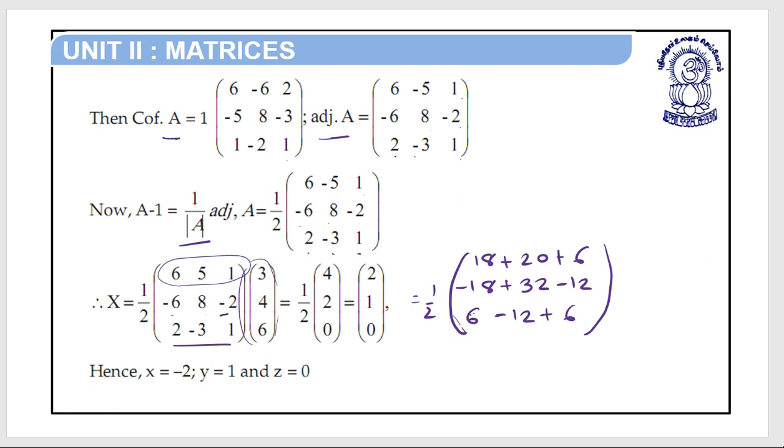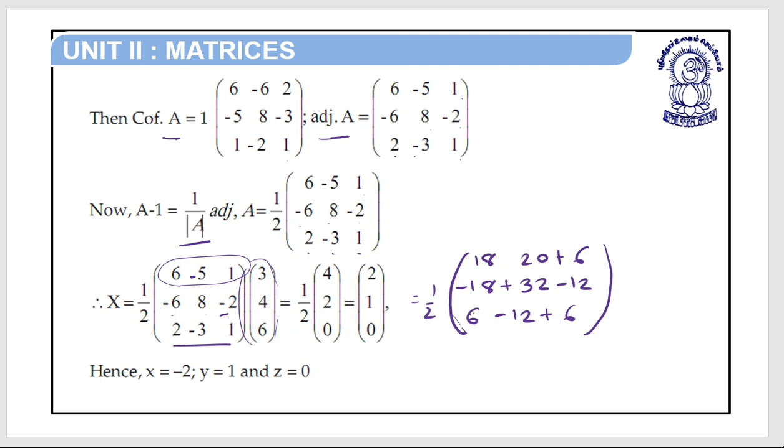Here 5 is minus, there is one mistake, 6 into 3 18, minus 5 into 4 minus 20 is here,